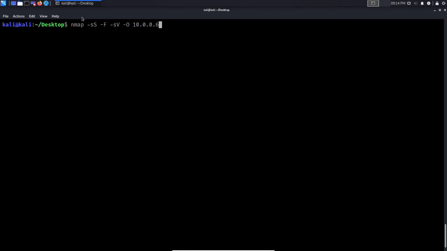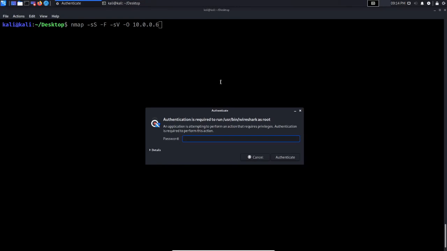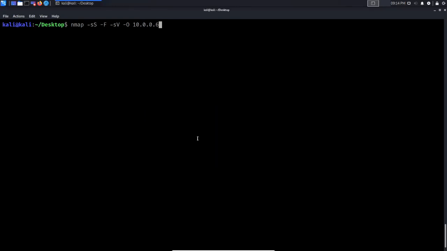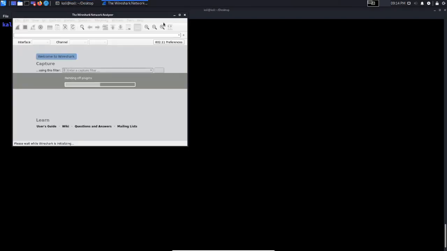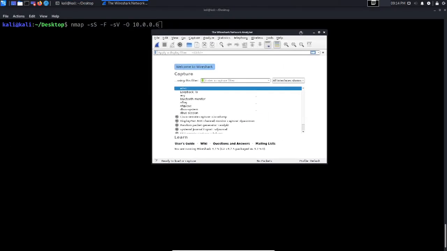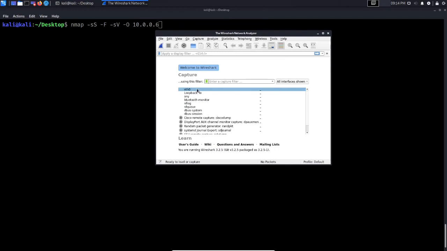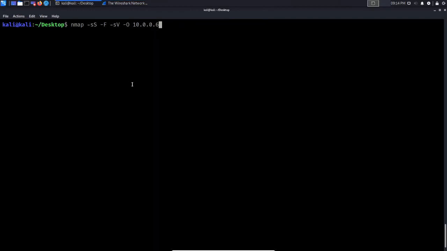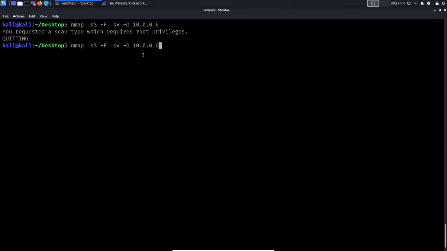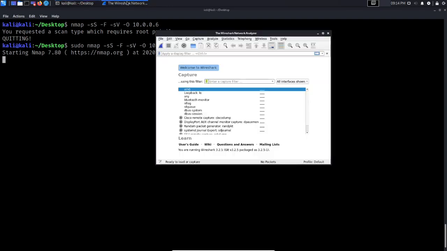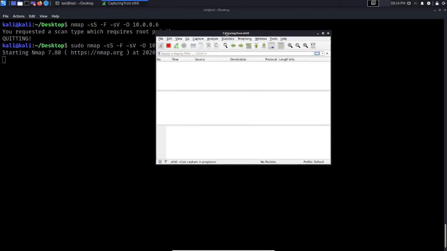So what I'm going to do now is I'm just going to demonstrate this to you with Wireshark, right? So Wireshark is a traffic analyzer and inspector. It allows us to analyze packets being sent and received from our target, and I'll just specify my Ethernet 0 interface here. So I'm just going to start the scan, and it's going to say it requires root privileges, so I'll provide that with root privileges here. So sudo, we're just going to hit enter,